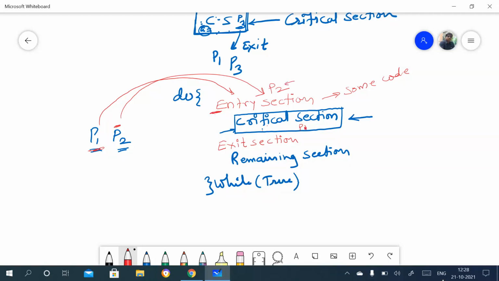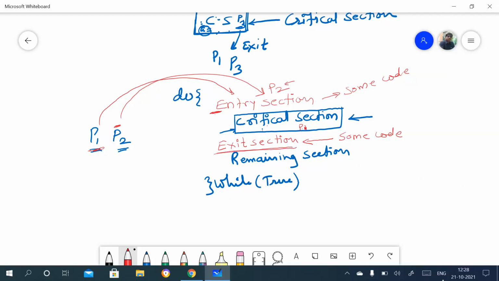When P1 completes execution and exits, it needs to execute this exit section code.